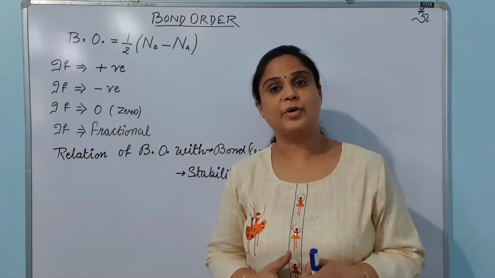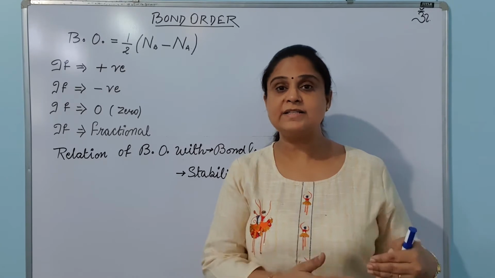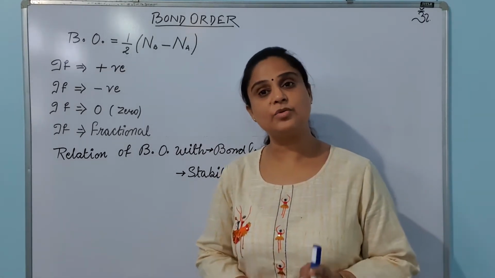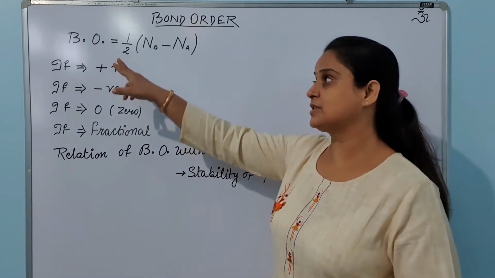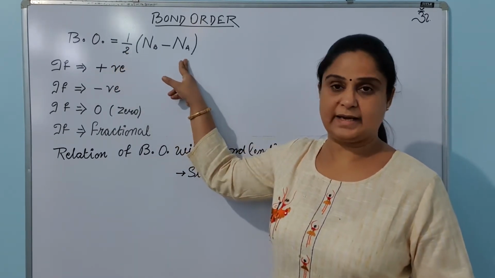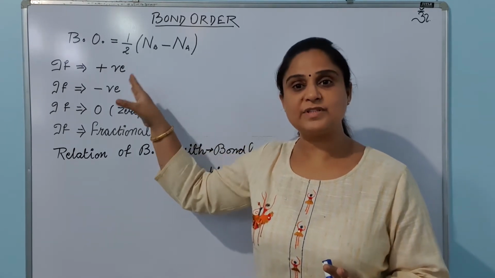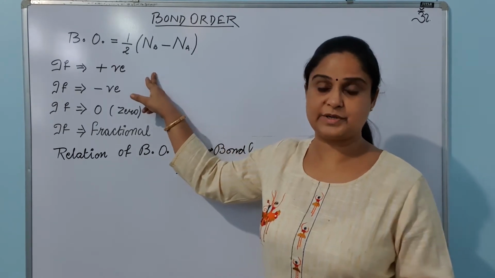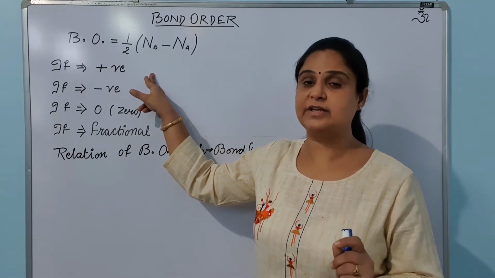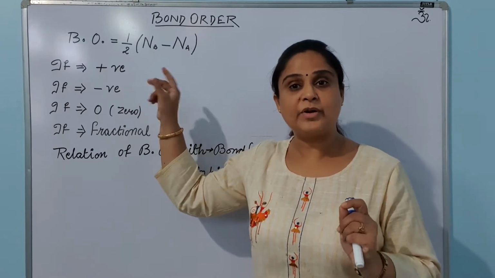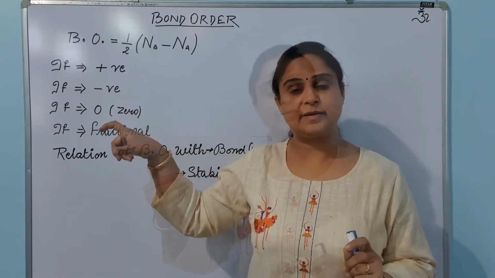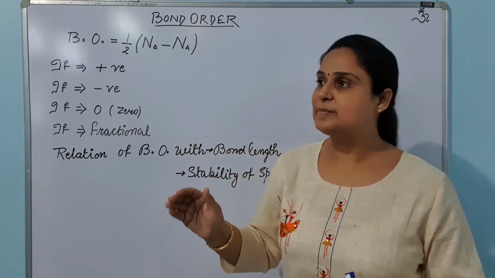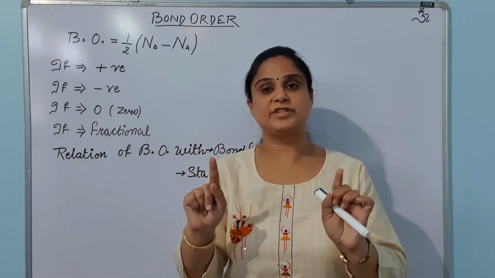Now let us talk about bond order in detail and see what other information we can get using this bond order concept. Okay. So what we have done is we now know how to calculate bond order using this formula, half (Nb minus Na). So once we calculate it, we have to see what type of values we are getting. Suppose we are getting a positive value after the calculation. If there is a positive value, what does it mean? It means that the number of bonds is being represented there. Suppose I am getting the value of bond order as 1. That means there is one bond between the two species combining.